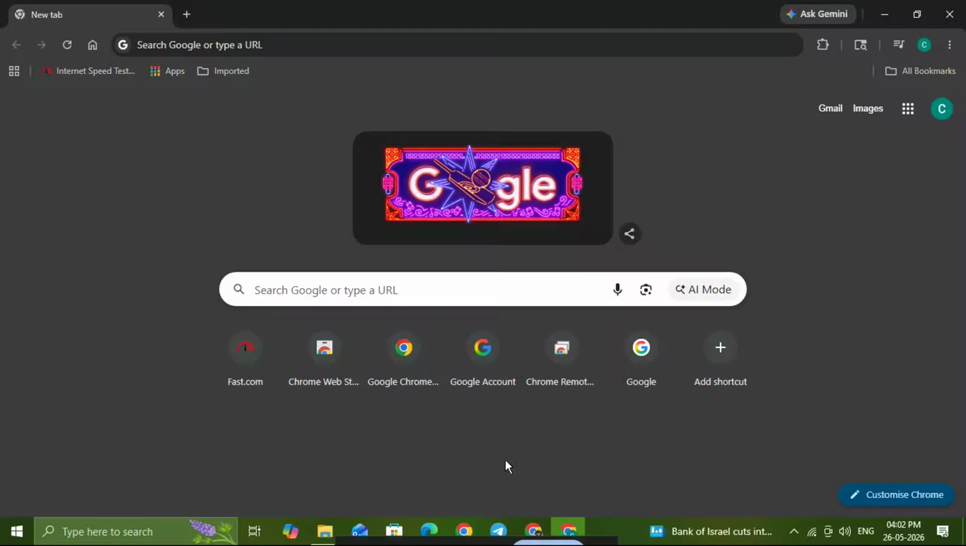In today's video, I'm going to show you how to enable Auto Picture-in-Picture on Chrome in just a few simple steps. This is a really useful setting if you want videos to keep playing in a small floating window while you switch tabs or browse other websites. It can make multitasking much easier, whether you're watching tutorials, following along with a course, or keeping an eye on